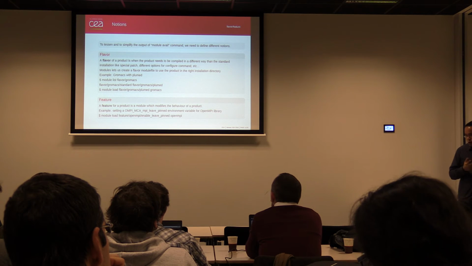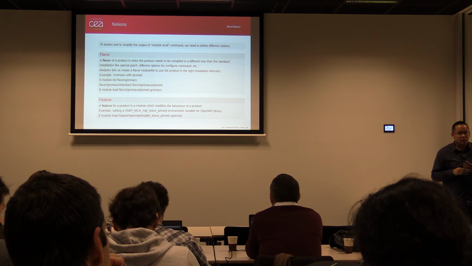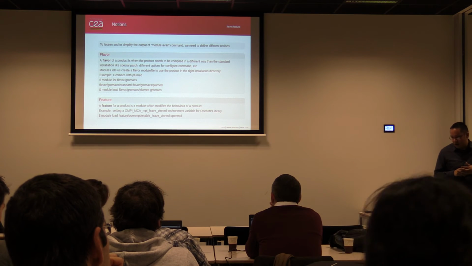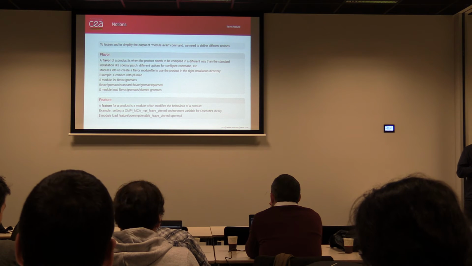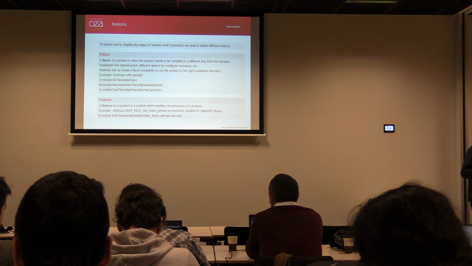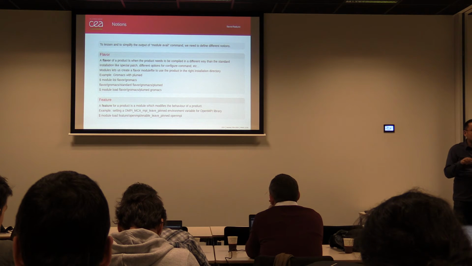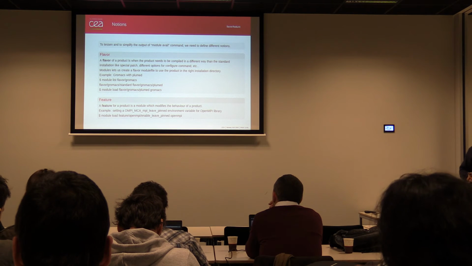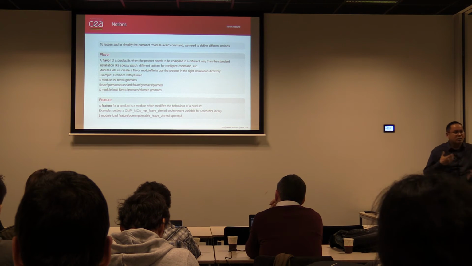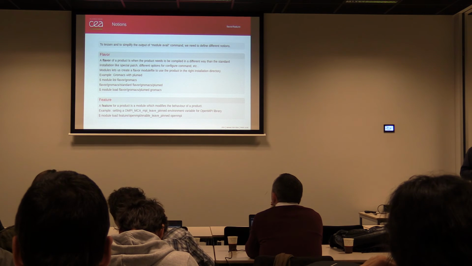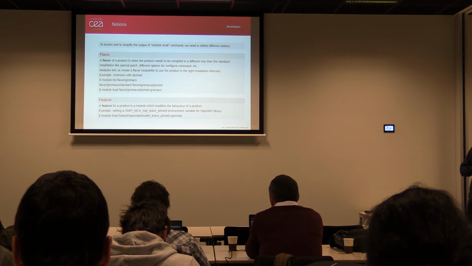Now I want to talk about some notions that we define for our users about products. On Curie, our problem was that there were complaints from users. They say there are too many products, too many modules. When you type module avail, you have 3 pages of products. It's not possible for them. So we tried to think about some system to reduce the number of modules. So we introduce some notions.